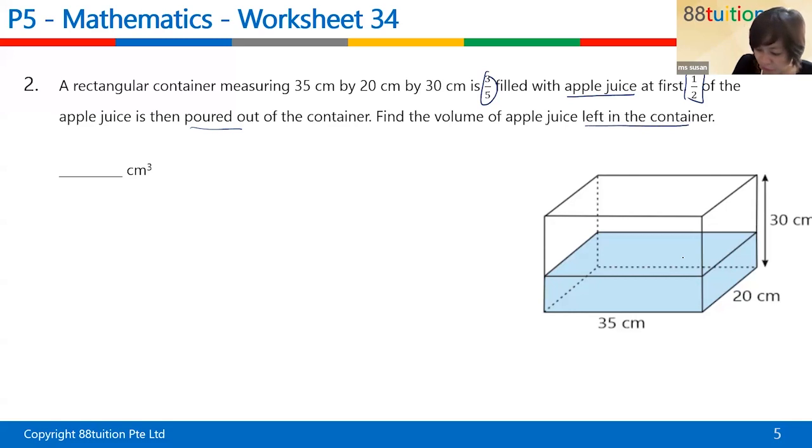So now we know that the volume will be 35, 20, 30, multiplied by 3/5 of the volume, and pour out half, remain the half. So I do all in one step. Okay, times 3/5 times 0.5 equals to